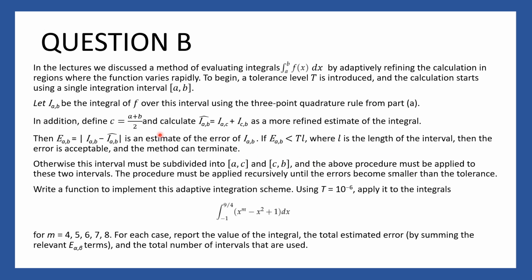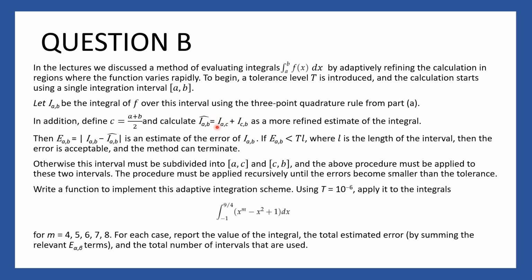So it is telling us that we should use the 3-point quadrature rule to integrate f over an interval a to b, and then this IAB will be that integral. Then it's telling us to divide up the interval by defining c, which is equal to (a + b)/2, and then we have to apply adaptive integration, whereby we divide the interval and then do the integration